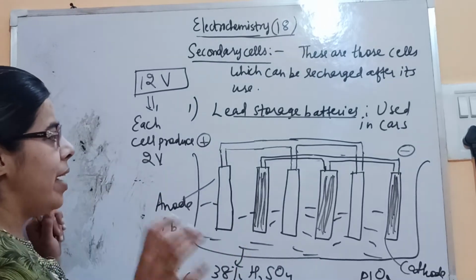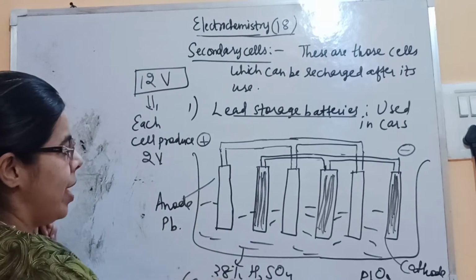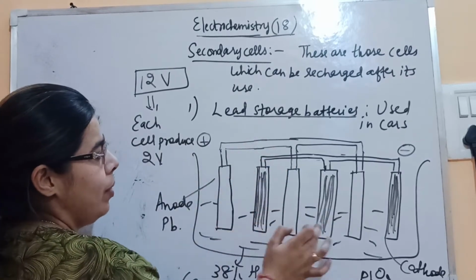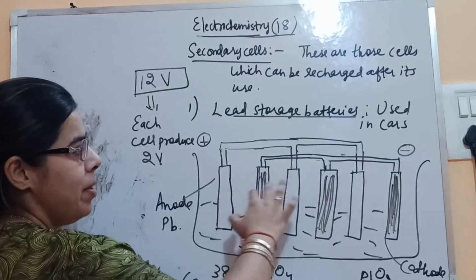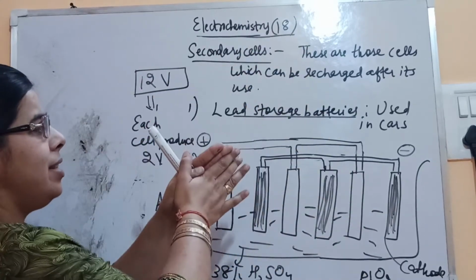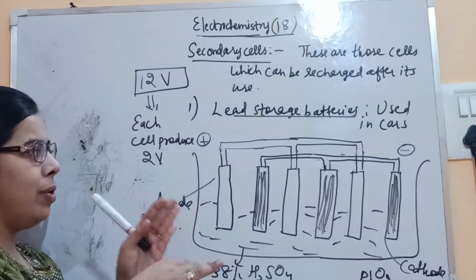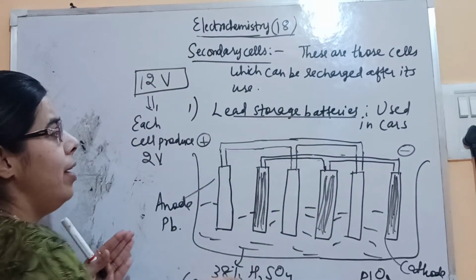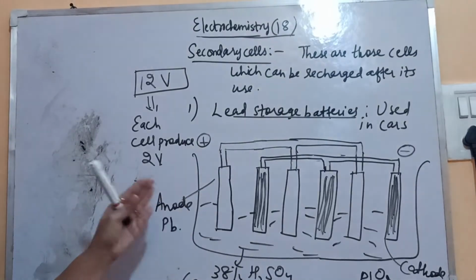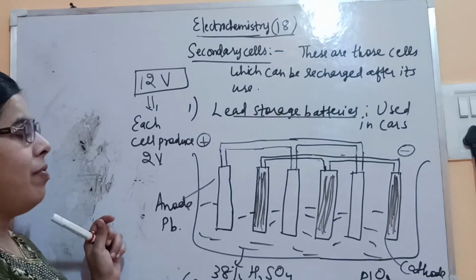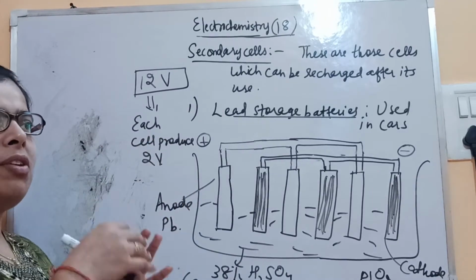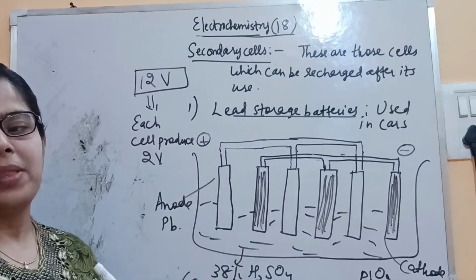We have connected anodes together and cathodes together. This combination is parallel, but then they have to be connected in series. Although they are arranged alternatively, they are connected in series. But this connection is parallel. Why have we connected all cathodes together and all anodes together? So that we get more output from it.